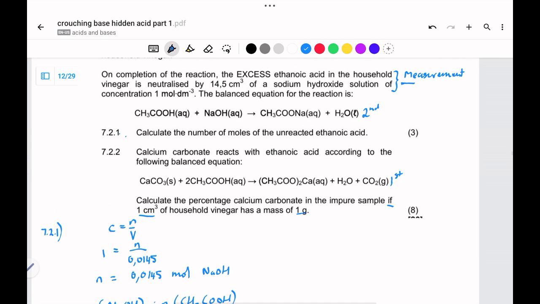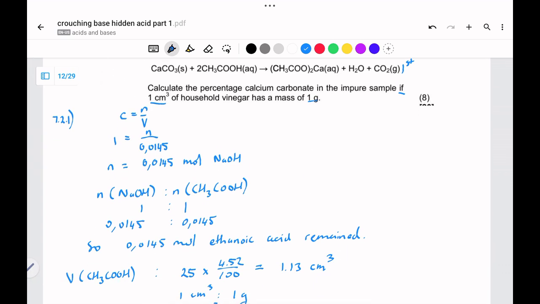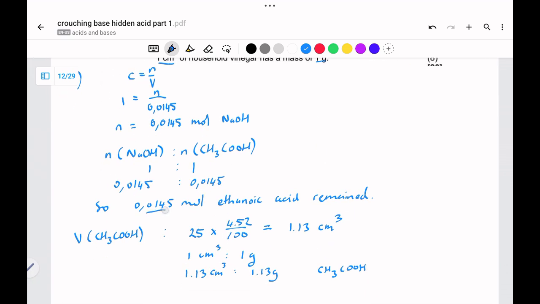And of course, that is enough information to calculate the moles. So this is really giving us the initial state for the acid. And we've already calculated the final state of the acid. So